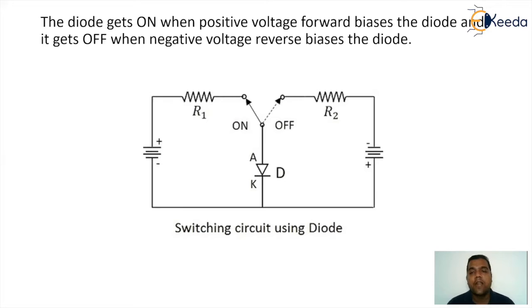So here we are trying to study how the diode will react with respect to the switching voltages. Initially we can say that the switch is in the on position where it is connected to resistance R1, which will make the diode forward bias. And then suddenly we will switch the position from R1 to the connection for R2. Because of this, the diode will immediately go to reverse bias.